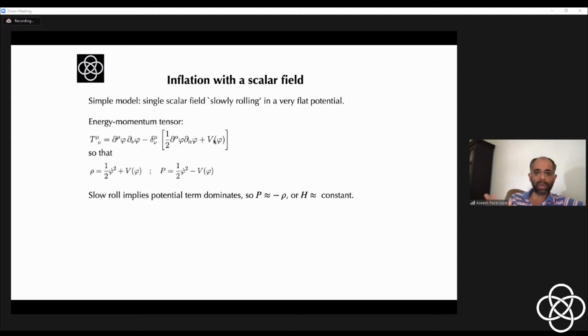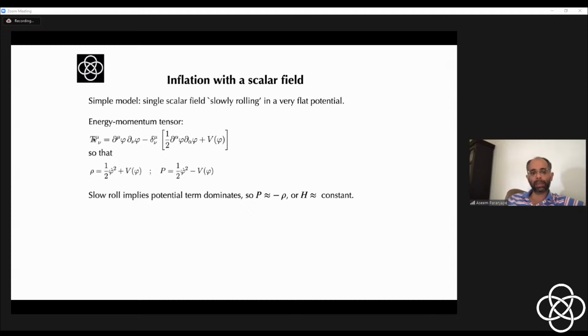Okay, and then people will play with different functional forms, or they will motivate this functional form from some other high energy physics or more different theory of gravity. So for example, string theory may lead to some motivation for what this V of phi may be, and so on and so forth. So people play with such things, but the basic idea here is that if I take